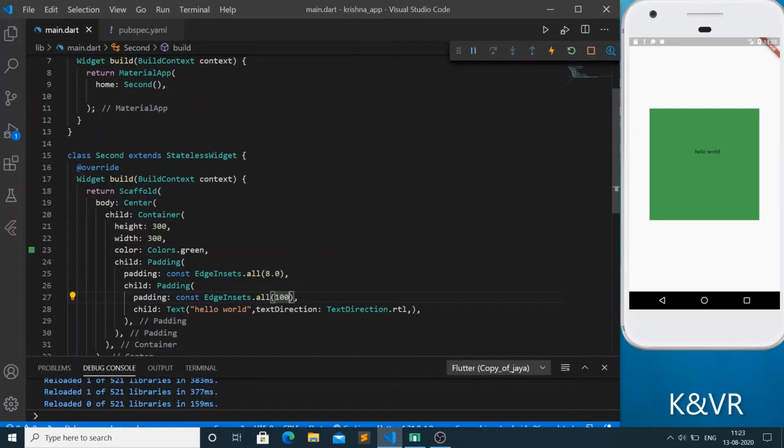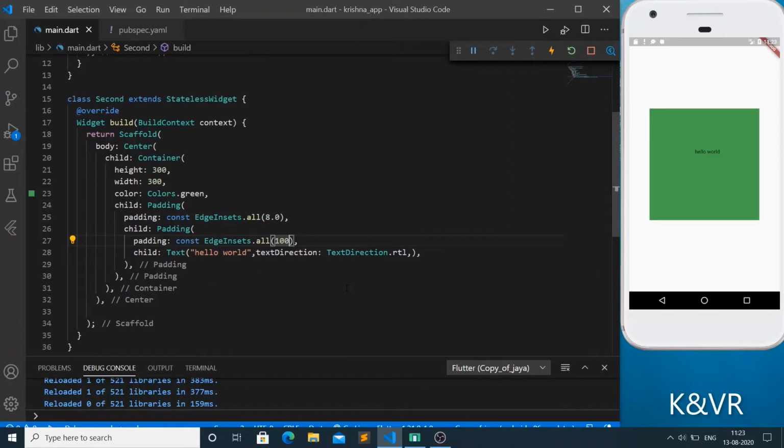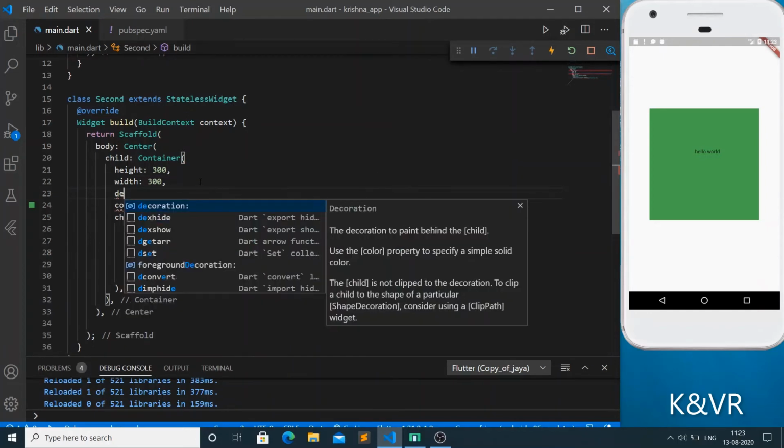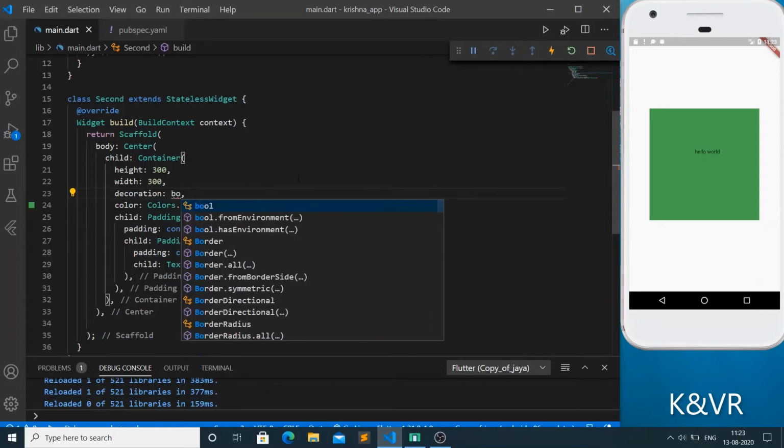Now we have created one container. In that container we created one text, and now we are making this container a circle, so we want to create the first container. Here we want to decorate the box, so we are creating the decoration, from that BoxDecoration.